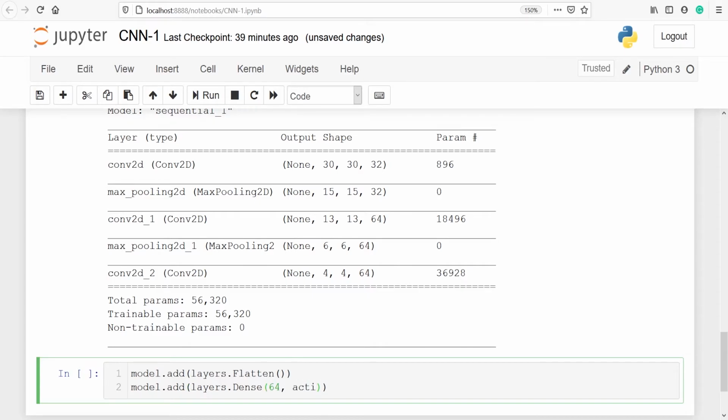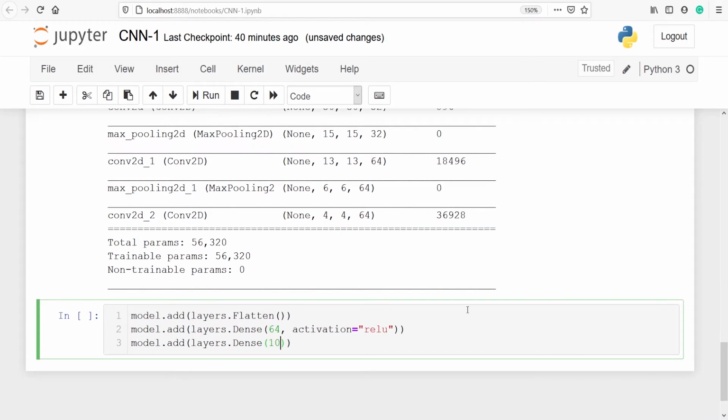Activation will be ReLU. And then we will have the final layer, model.add layers.Dense. And since there are 10 classes in our train and test images, this time we will pass 10 here as the output layer.